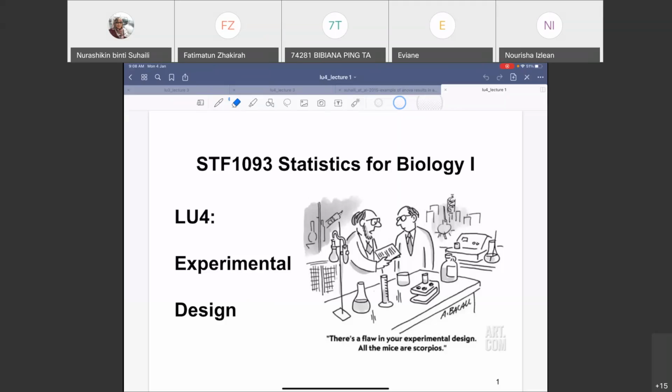It's the same thing when you do your research: you have to reduce bias by randomizing your samples. If you are collecting samples in Kuching, maybe you can collect your samples from 4 or 5 places that are randomized throughout Kuching. So that could represent Kuching rather than